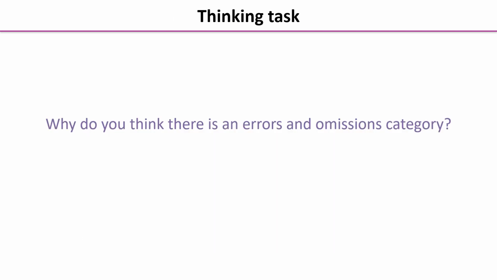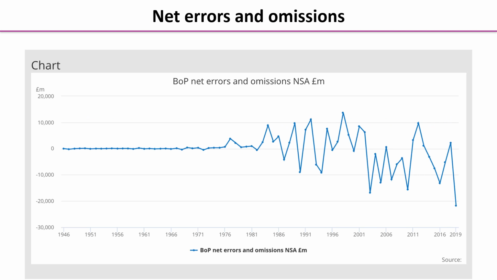A thinking task for you then to do with our remaining category. Why do you think there is an errors and omissions category? Just pause the video very briefly and just have a quick think about that. Well, the answer, of course, is that there are gaps in the data collection. Remember that the balance of payments has got to balance. We know that. So if that isn't the case with the information that's collected, then we know that something is